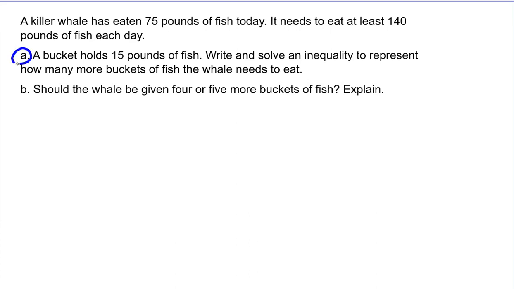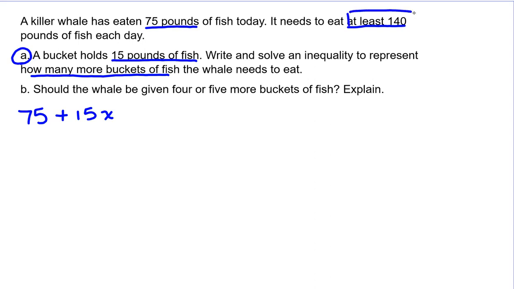This is A. So if he's already eaten 75 pounds today, but needs to eat at least 140, we'll be easily able to solve an equation for this. So he's eaten 75. Each bucket holds 15 pounds of fish. Now, we don't know how many buckets he's going to eat because that's what we need to solve. So we're going to use x to represent buckets. Now, he needs to eat at least 140 per day, so we need to use the at least sign,